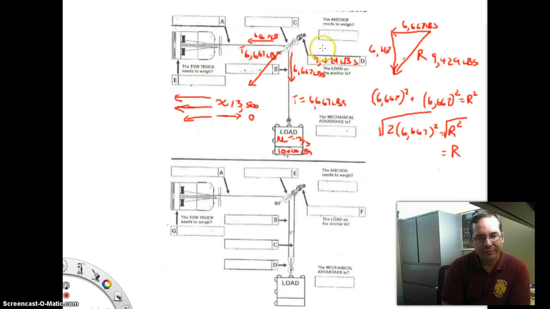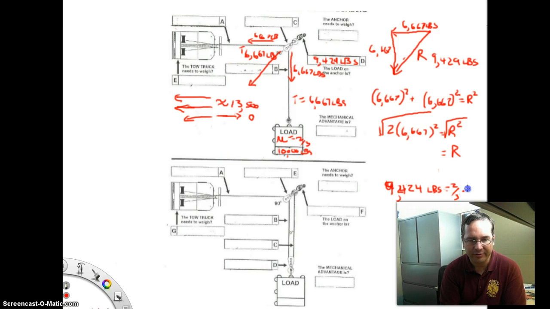Now, just a thought: if we were trying to attach to a heavy object here, how heavy would the object need to be? Well, that's a matter of friction. So if we assume again that this heavy object has a coefficient of friction of 2/3, what that tells us is that this 9,424 pounds is 2/3 of the weight. So maybe I should write that out. What do we know? We know that the effort, 9,424 pounds,